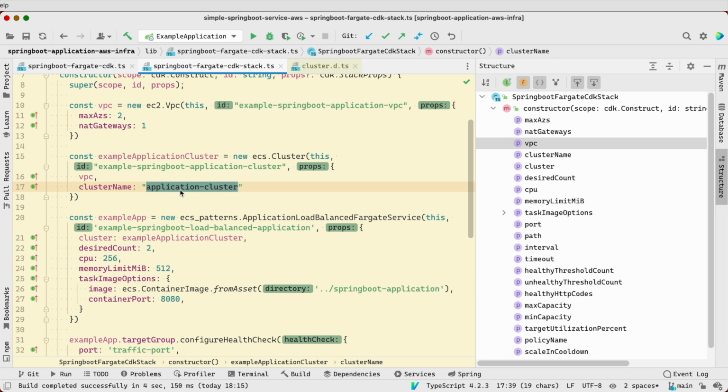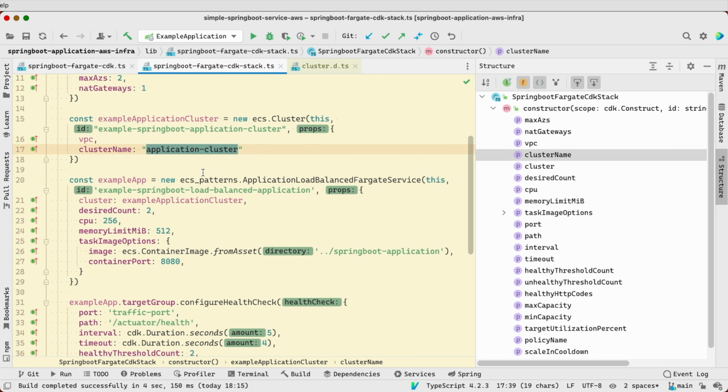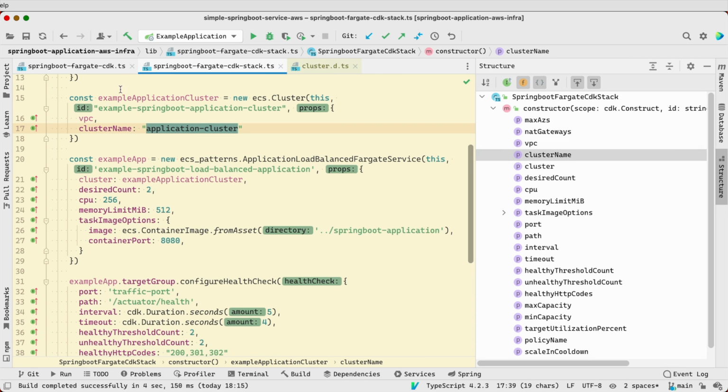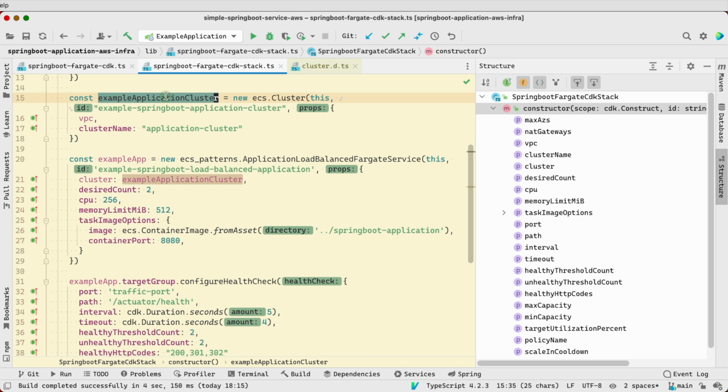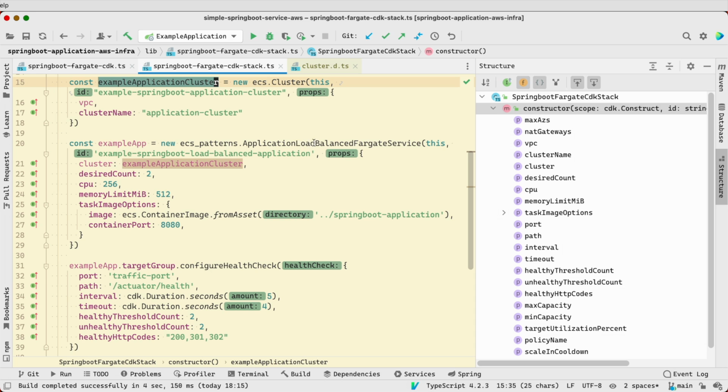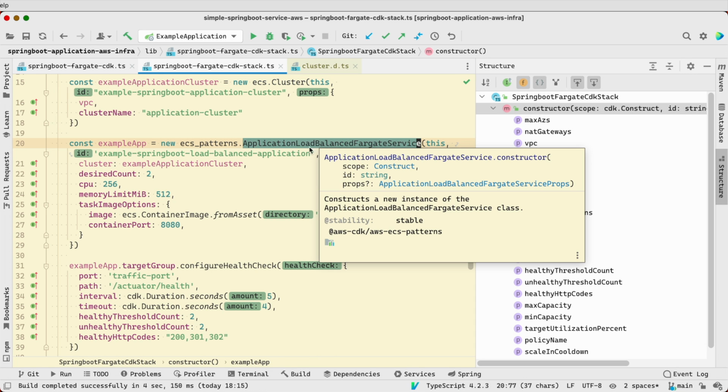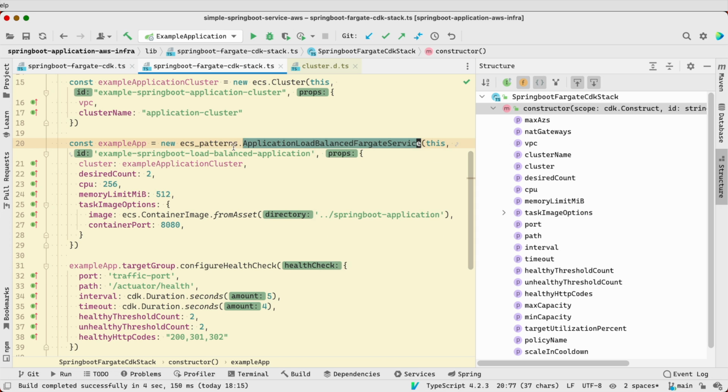So we're naming it, you can name it whatever you want. I've named the application cluster. And then once that's created, we've got a reference to that object that we can use in our application load balance Fargate service. So we're accessing an ECS pattern called the application load balance Fargate service, and we're creating that